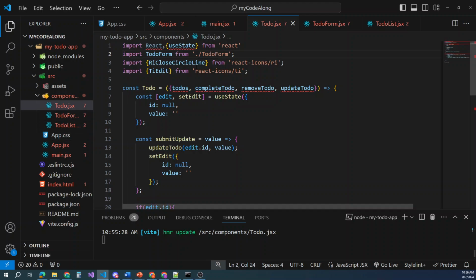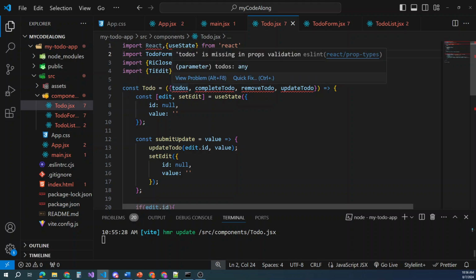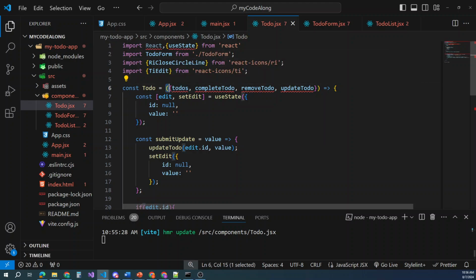All I needed to do was put the ./TodoForm import there. That was my first problem. My second one, on this todo where we put these props up here, I had just the parentheses, but inside the parentheses I need the curly brackets to surround them. And once I put those curly brackets in,